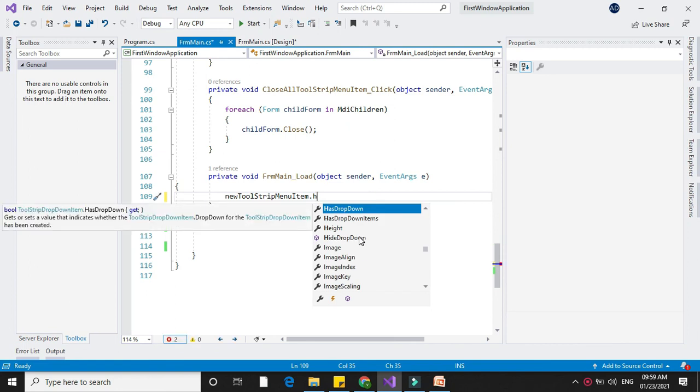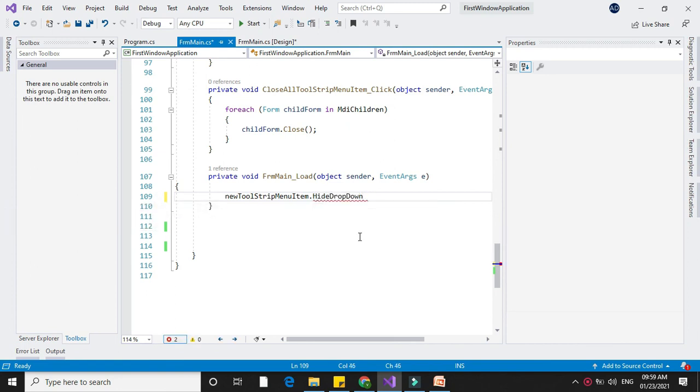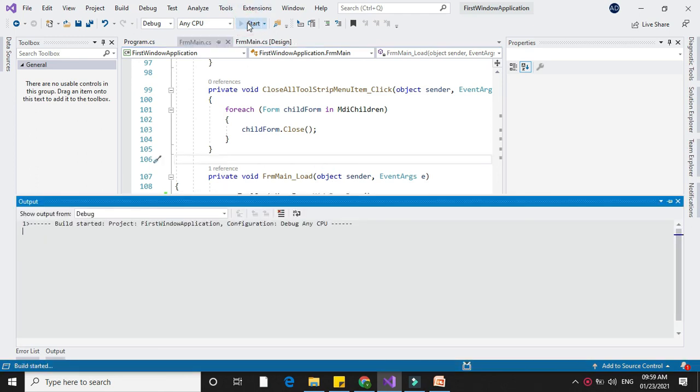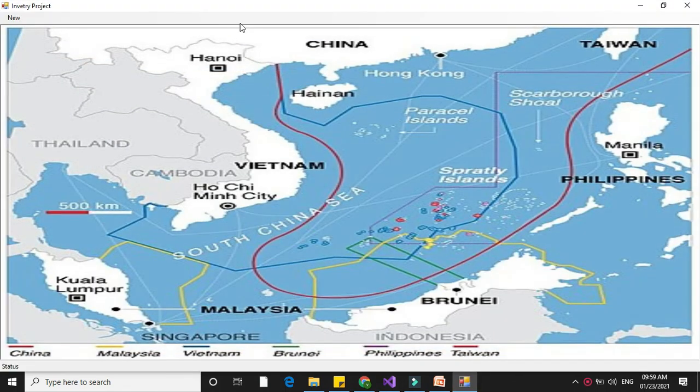And if I use hide drop down, and when we execute, it will hide the drop down.